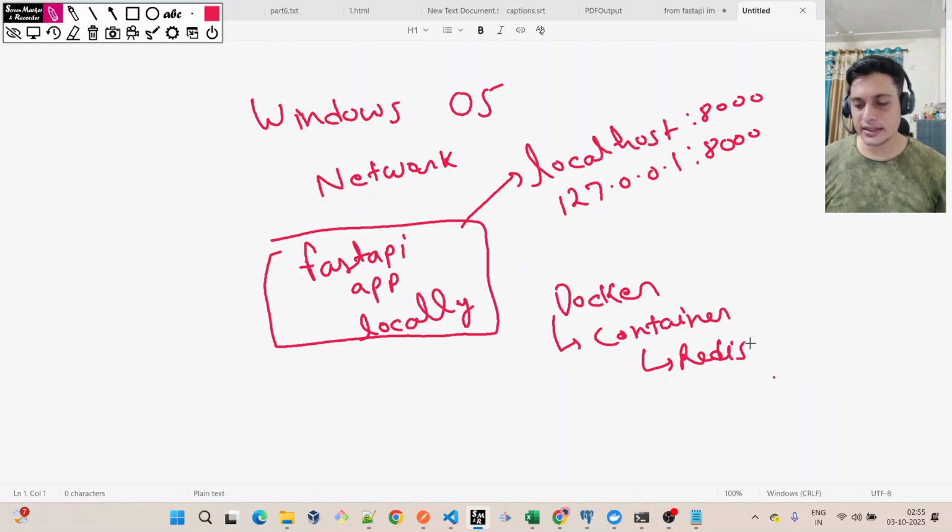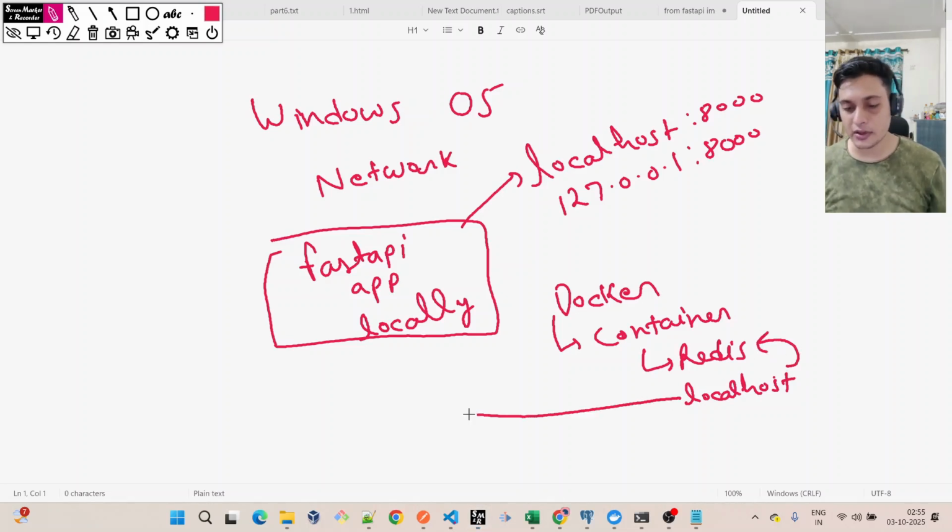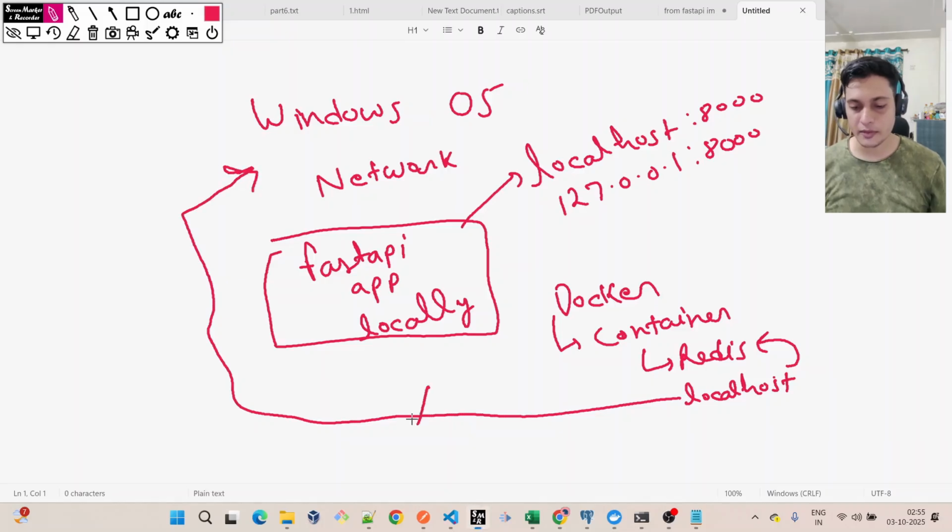This particular Redis, which is running inside a container, if I'm inside the Redis container, this localhost will refer to the Redis only. It will not refer to this Windows. No, it will not. This localhost will not refer to this Windows OS. This localhost will refer to the Redis. But in our code, what we did is, if I go back,